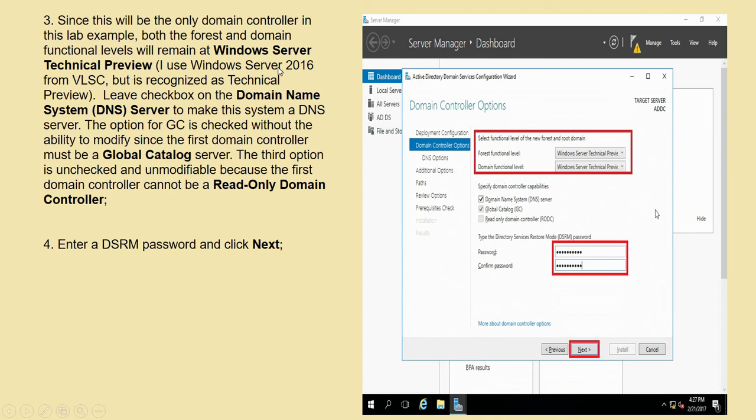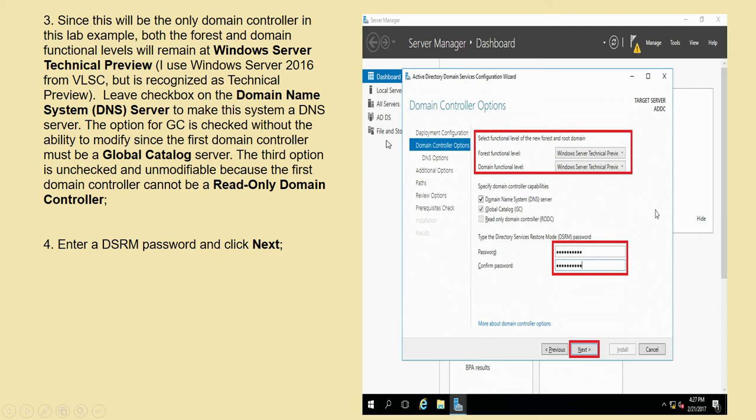Leave the checkbox on Domain Name System server. The Global Catalog option is checked without the ability to modify, since the first domain controller must be a global catalog server. The read-only domain controller option is unchecked and unmodifiable, because the first domain controller cannot be read-only. Then enter a DSRM password and click on next.